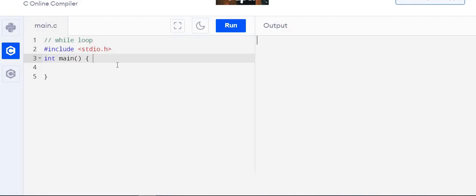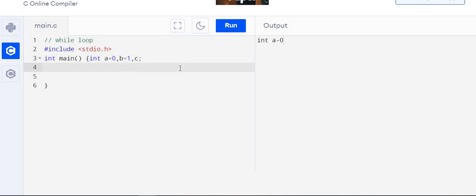Now let's write the program for the Fibonacci sequence. So first two numbers, integer A is equal to 0, B is equal to 1, they are known, C we have to find out, and then the sequence will form. Suppose we want to print first 10 numbers. So let us define these two.